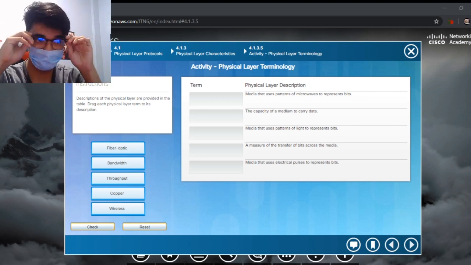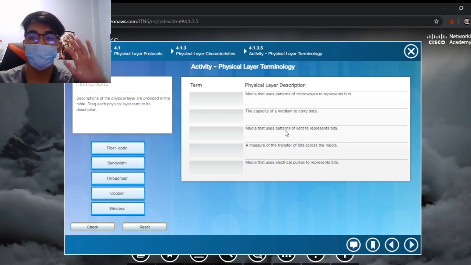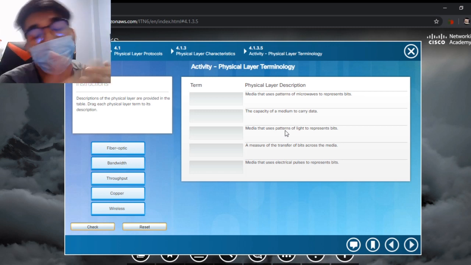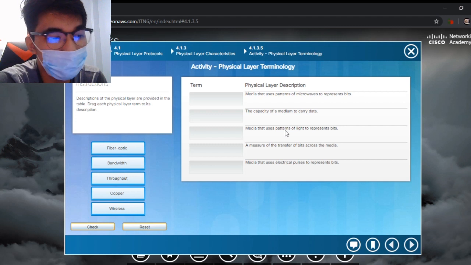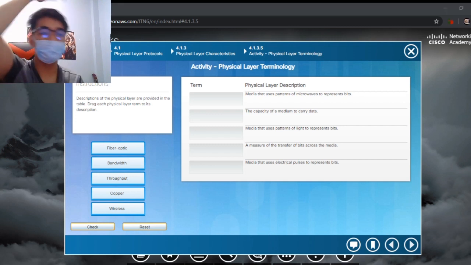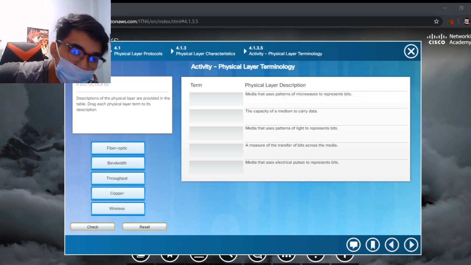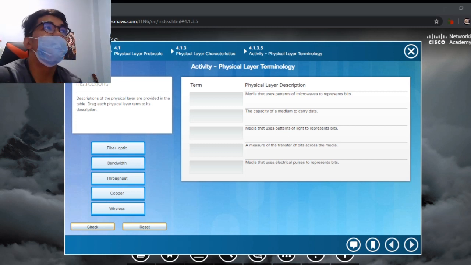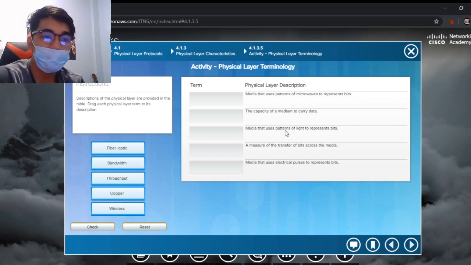Then as you can see, we are here on the physical layer terminologies, and it is somewhat a meaning and description of the chosen words and other stuff. First, let me tell you that there are always some context clues in order to get it right. So first of all,